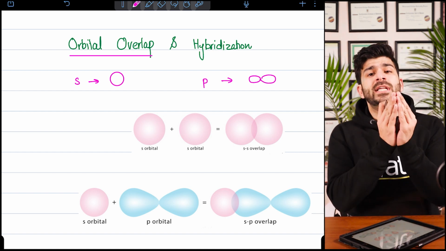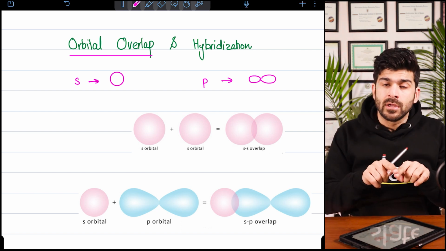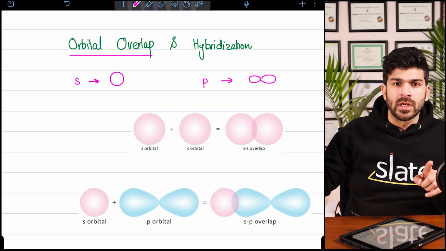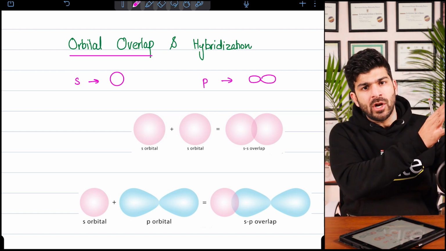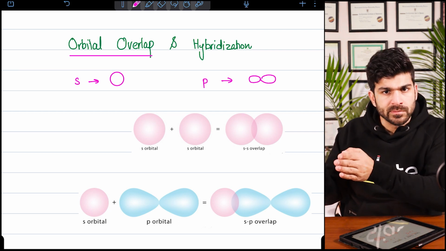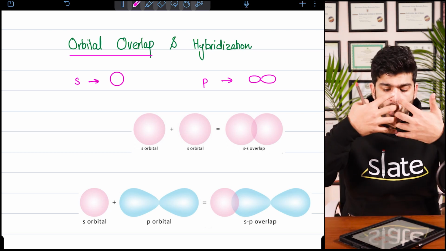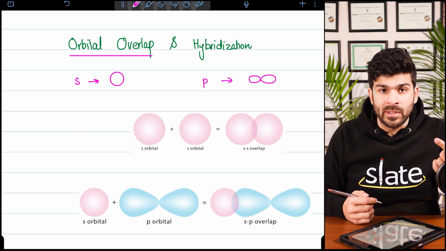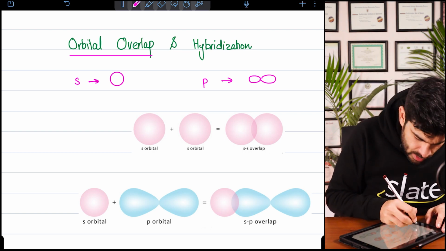These orbitals, especially the orbitals of the outermost shell, are going to bond with the outermost orbital of the other atom. So the outermost orbital of one atom bonds with the outermost orbital of the other one. That is how the bonding takes place, and the orbitals overlap. In covalent bonding, the Venn diagram was there. So let's first talk about the